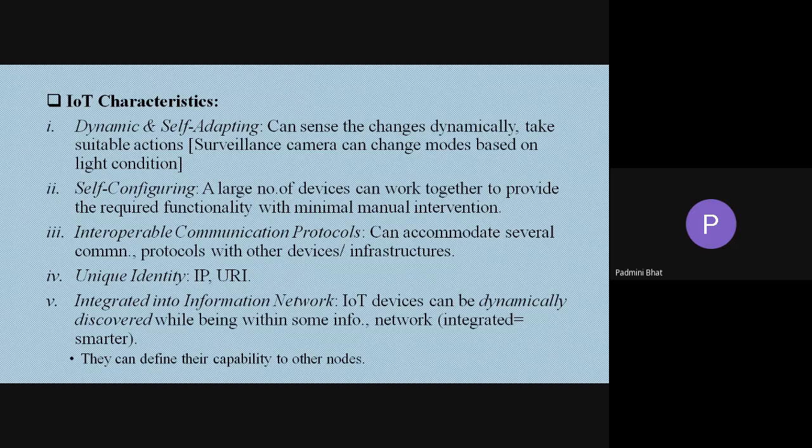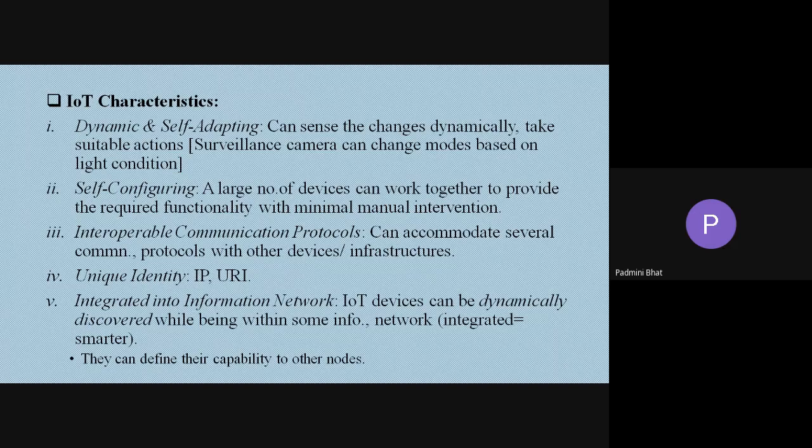Next, IoT can be self-configured. A large number of devices can work together to provide the required functionality with minimal manual intervention. Next, it is interoperable. It can accommodate several communication protocols with other devices or infrastructures. Those protocols we will be studying in the subsequent classes.